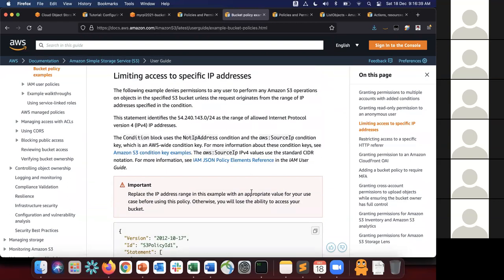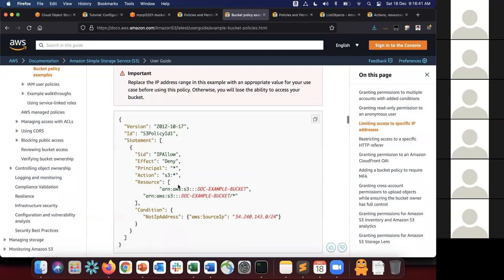Limiting access to specific IP addresses. You can also limit access to certain specific IP addresses. In this case, what you're doing is you're actually using a deny effect. Deny effect to everything, all the principals on all the actions, on these resources, except, okay, if you see this condition, it is actually the,